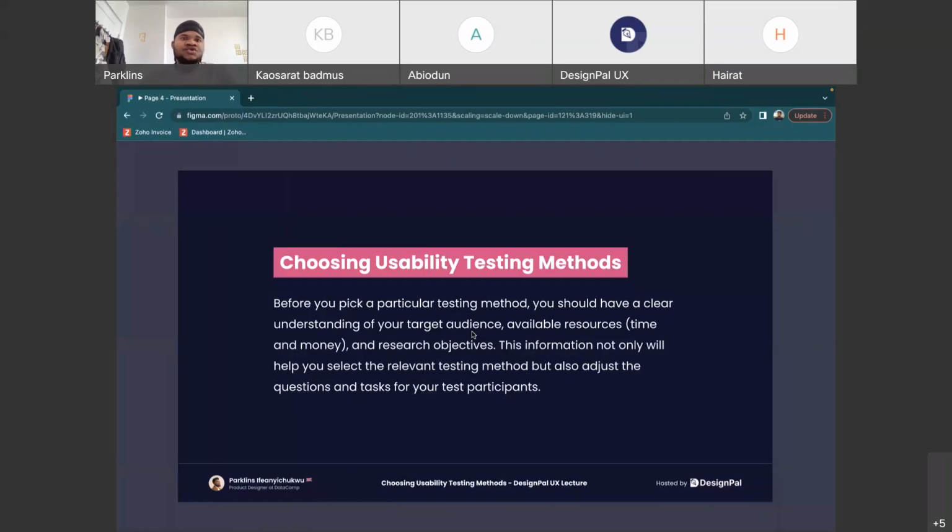But the next step when you want to conduct a usability test is to first identify what you want to test and why you want to test it. The benefit of simplifying or prioritizing what you want to test is that it makes it easy for you to laser focus your attention